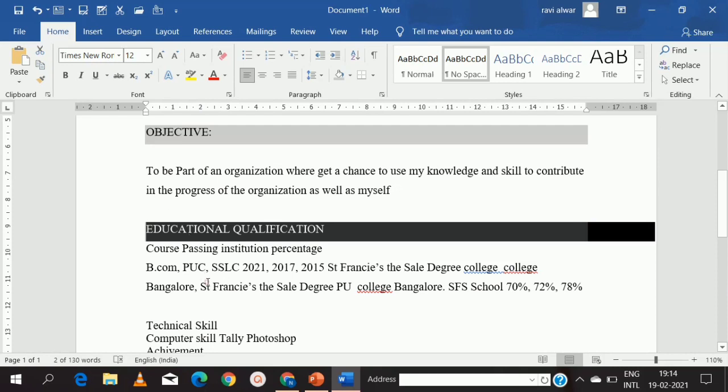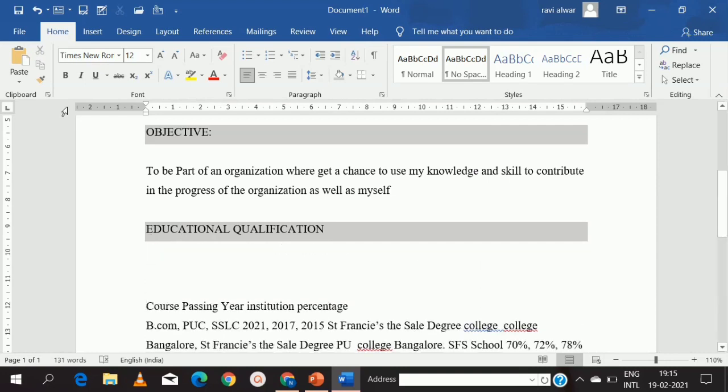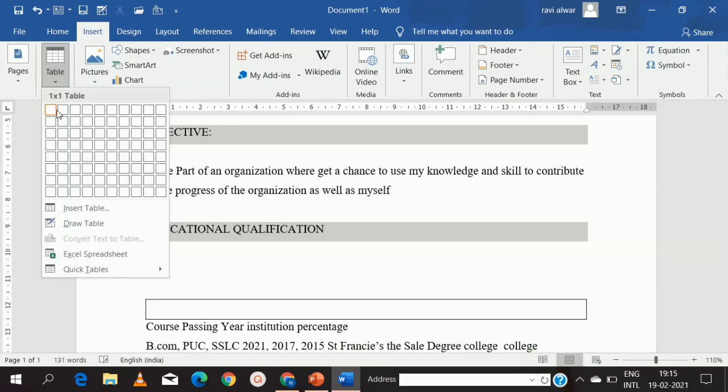Next, since I have a group of information, that is course, passing year, institution, and percentage, I want to show this in a table format. So I have how many types of information: course 1, 2, 3, and 4, and I want it for 3 years. So what I will do, just come down, go to the insert button, click on table, select 4 by 3.